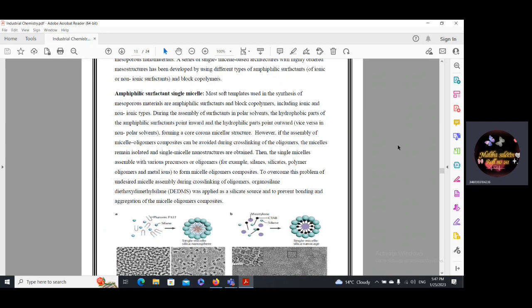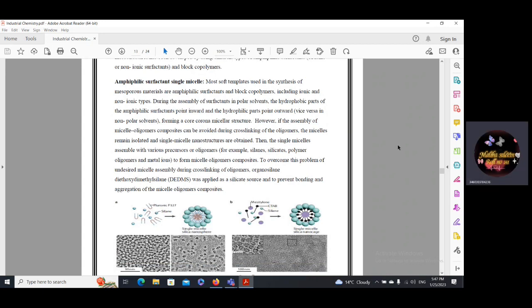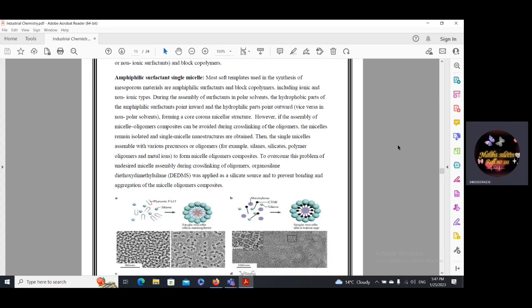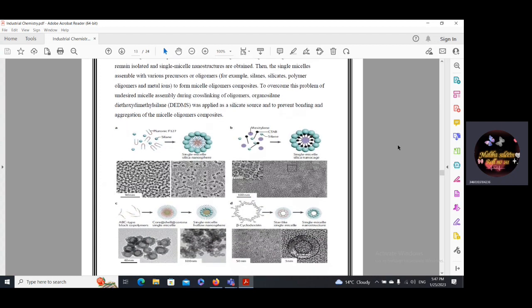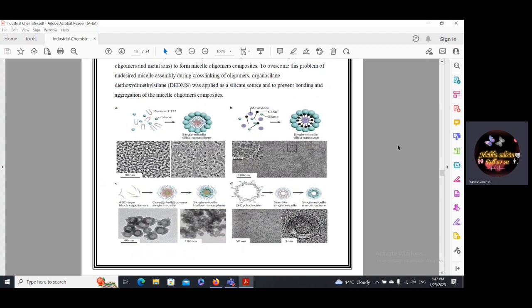Then the single micelle assembly with various precursors or oligomers, for example, silane, silicates, polymers, and so on. To overcome this problem of undesirable micelle assembly during cross-linking of oligomers or organosilane, DEDMS, diethylmethylsilane was applied as a silicate source to prevent bonding and aggregation of the micelle-oligomer composites. Here are the diagrams of the